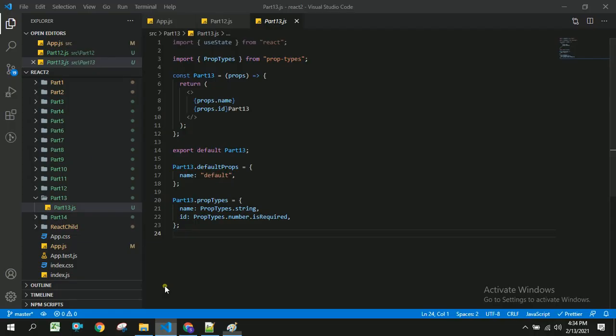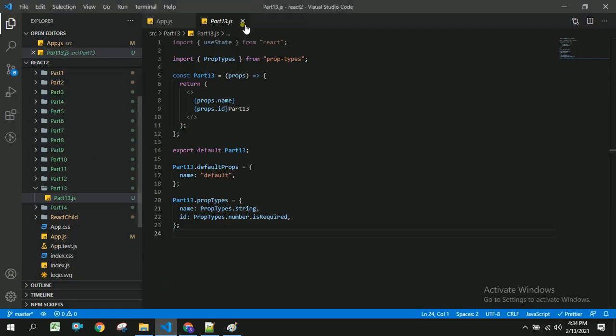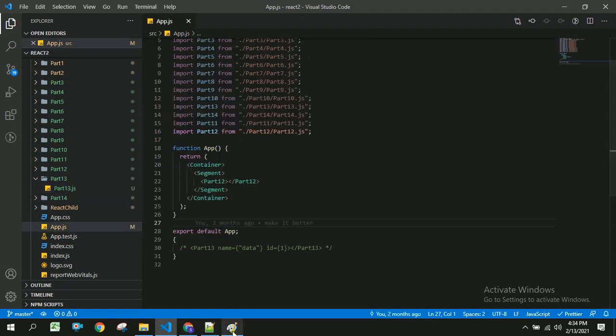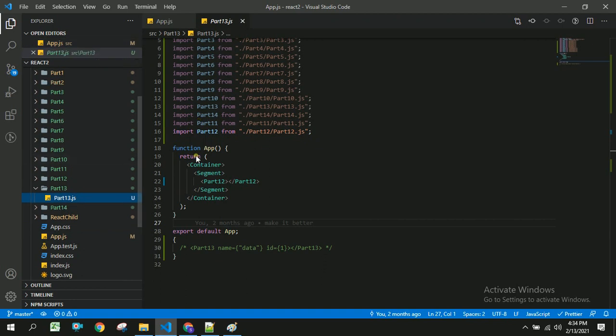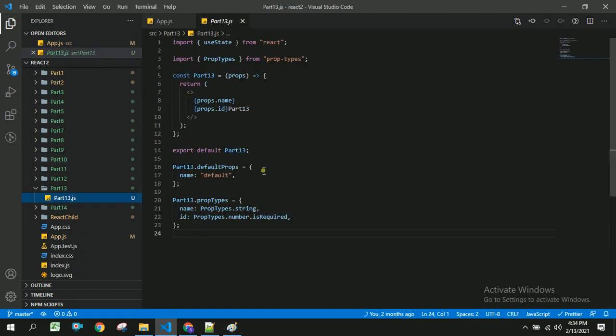For this I have created a project called React 2, and in this project I am going to write the entire code in part13.js. As this is part 13, I am going to create a part13.js. I am going to give this entire code in my GitHub repo so that you can clone that project from there and work on it.